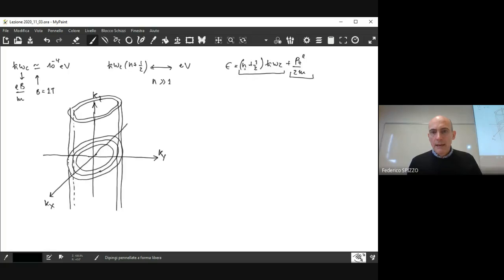And n allows you to access each of those cylinders. So the electronic levels are grouped into these cylinders. And I know that the drawing is terrible, but